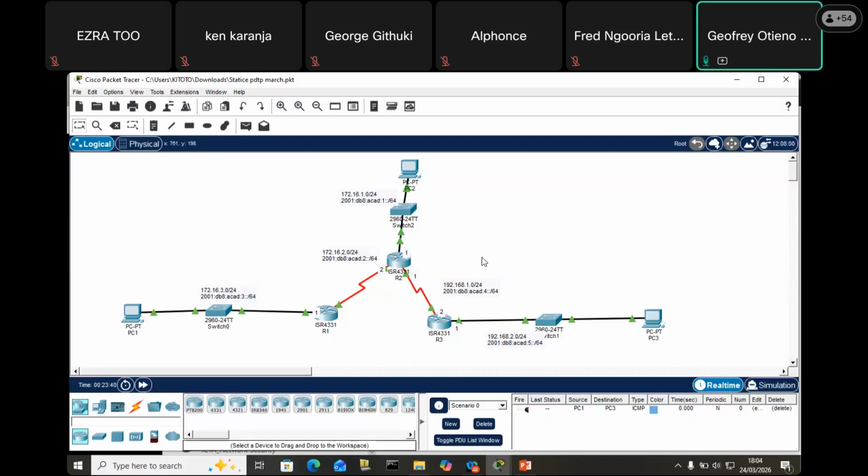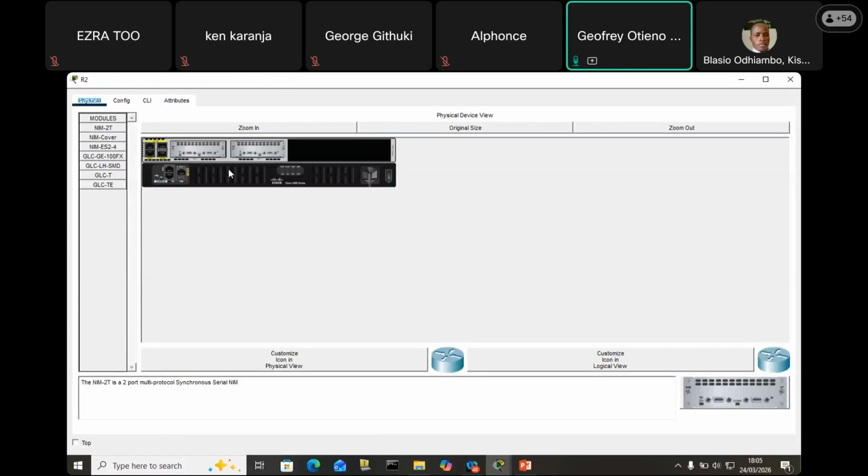We also said it must belong to the same network. Okay, guys, please mute. We also talked about the same network. So if you look at R1 and R2, they belong to the same network there. So for the adjacency to be formed between the two,